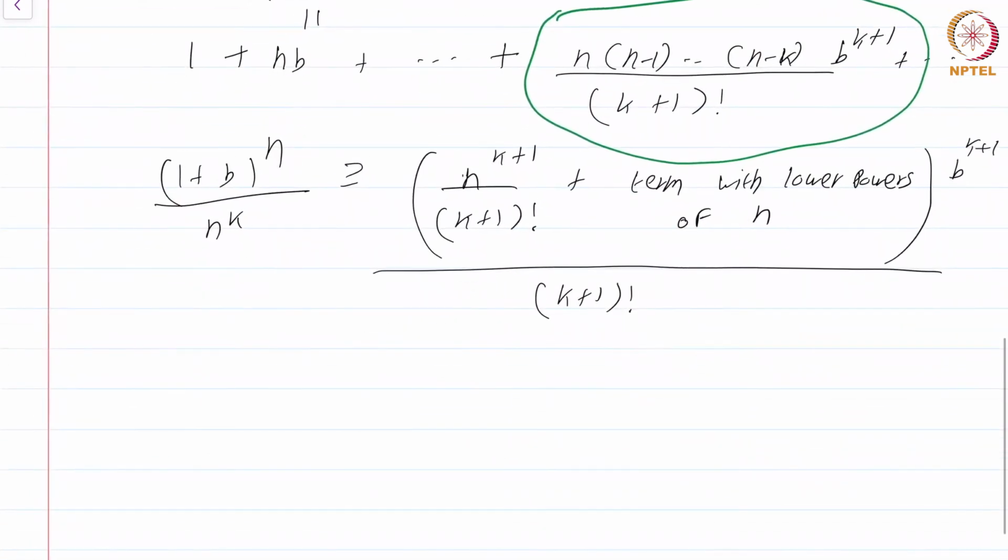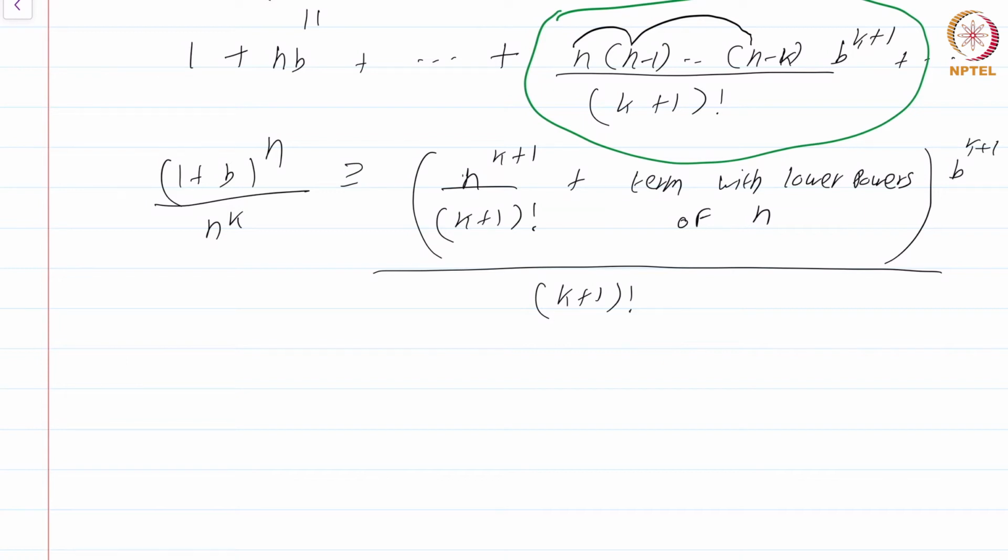Okay, so what I have done is I have focused on one of the terms, the one having b power k plus 1 as the coefficient. Then I am expanding the binomial coefficient that comes, and I notice that there will be one term which has k power 1, that is one, when you multiply all the n's together. There are k plus 1 of them,